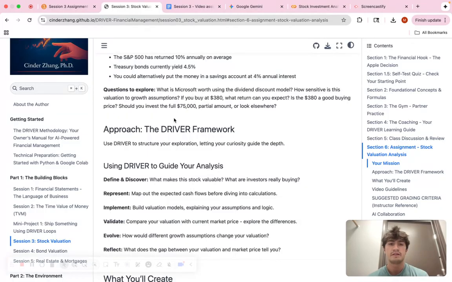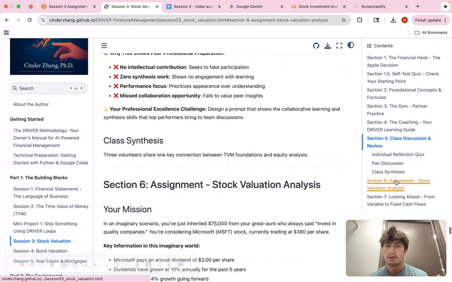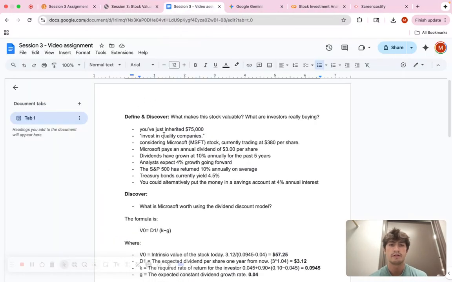We were assigned the prompt. In an imaginary scenario, you've inherited 75K from your great aunt, invest it into Microsoft basically, which is trading at 380 right now. So we're going to start off by using the driver framework,